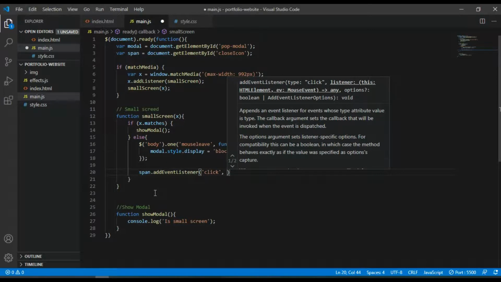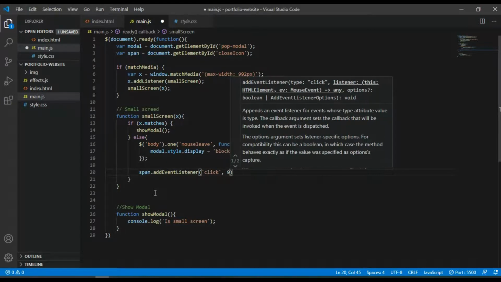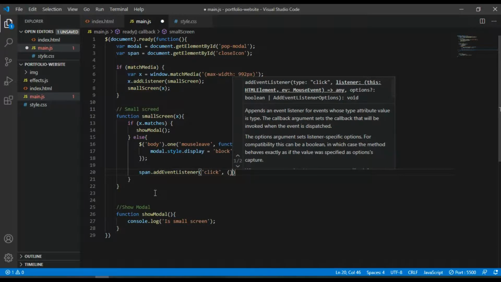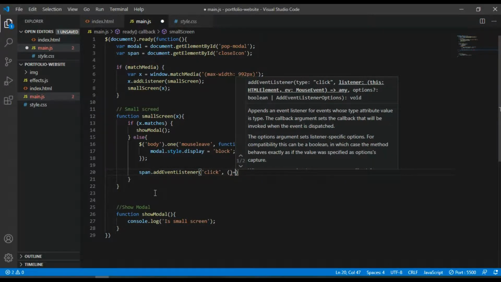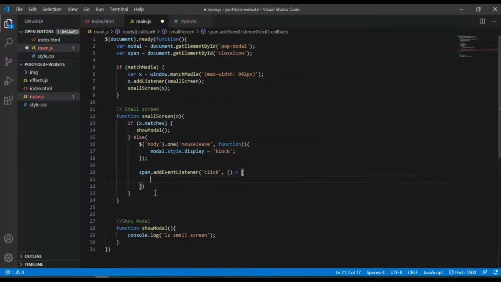In this case, it's just going to be an arrow function. For this function, it's just going to do modal.style.display equal to none. That's it.